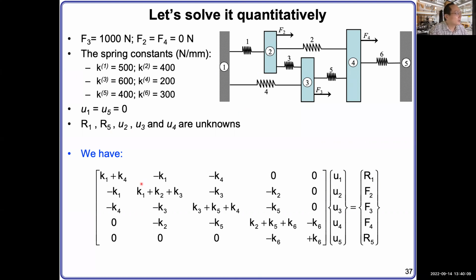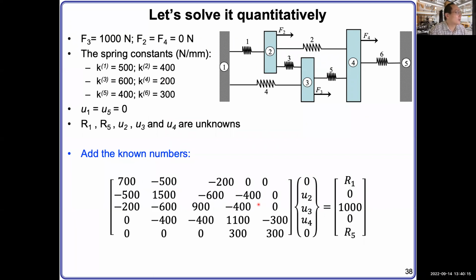Once we have that, you can put that into this equation now. Put the numbers in, then you will have this, all the numbers added in, with the unknowns still remaining in this form. And then you have unknowns here, right? In the next class we can do it together using the format I just discussed to solve this question, and get the exact values of these 5 unknowns.